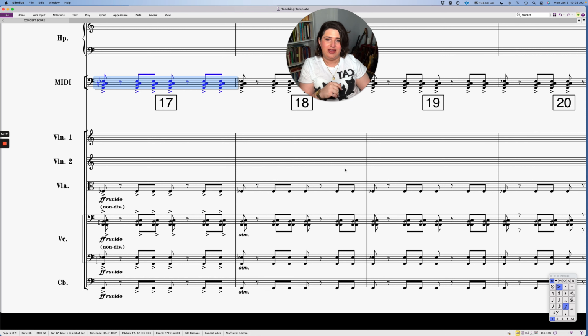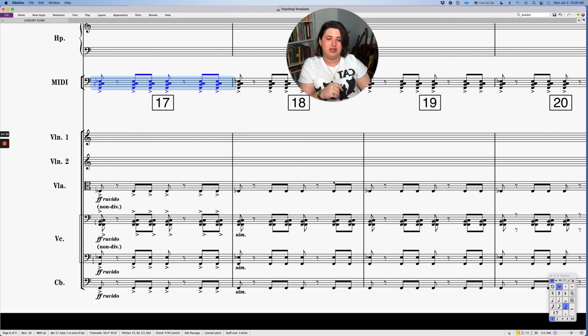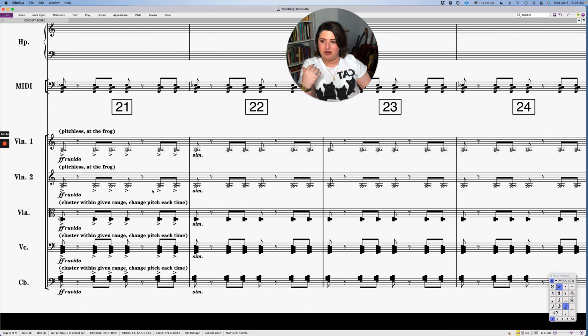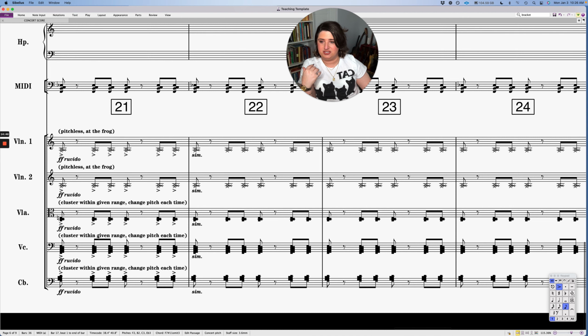So the way I would solve this problem, either on the spot or by doing this aleatoric ahead of time, is doing something more like this, where I'm taking the pitches, saying cluster within a given range, and change the pitch each time within these notes. So it's constantly evolving.